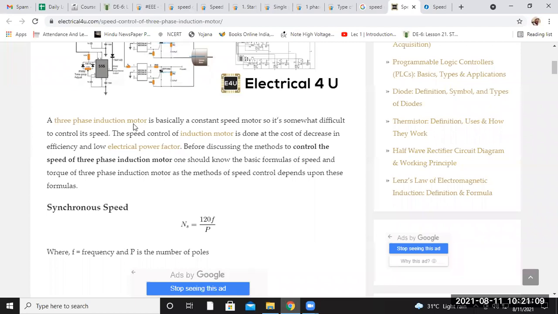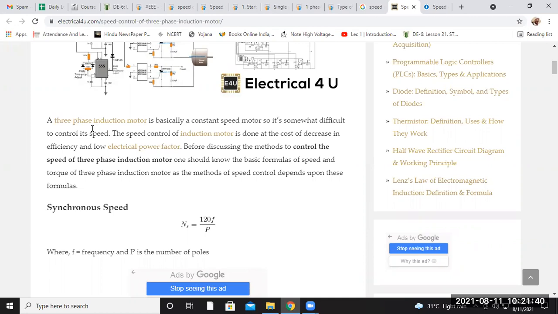Induction machine does not run on the synchronous speed, but we use synchronous speed to find out the slip of the induction motor, because there is a relative motion. Just like relative motion, for example when you sit in a train, you move, but the stationary objects outside stay stationary. Because of your running movement, you feel that the objects outside your train are also moving in the opposite direction.